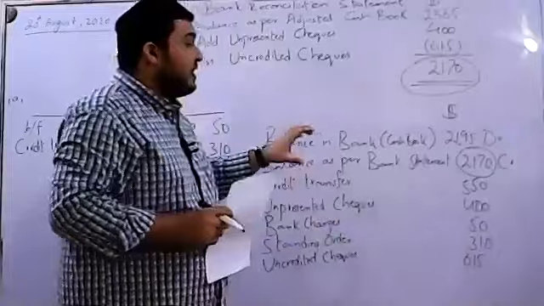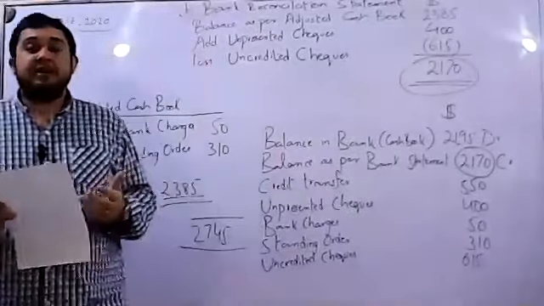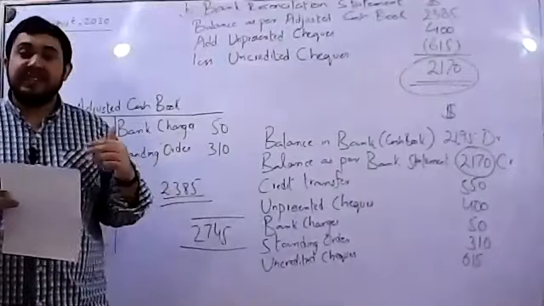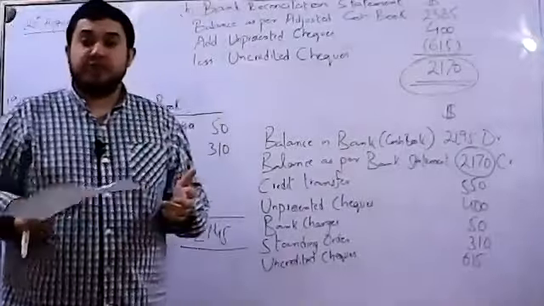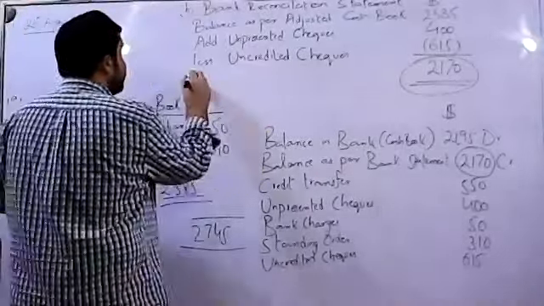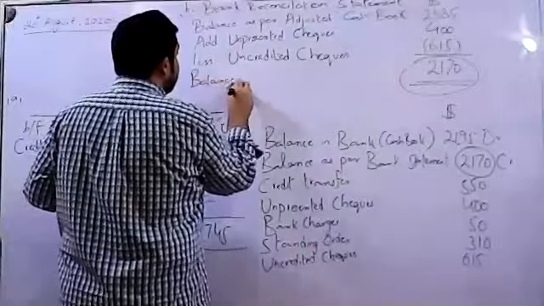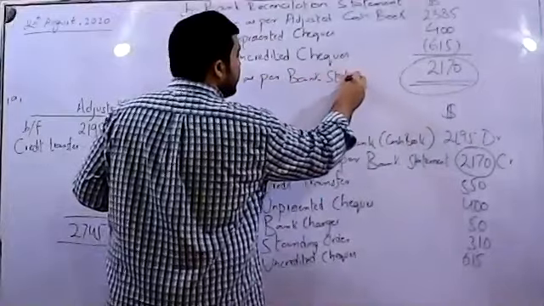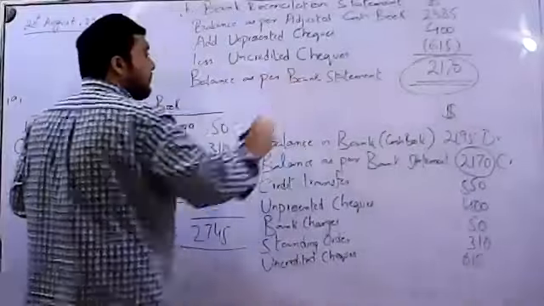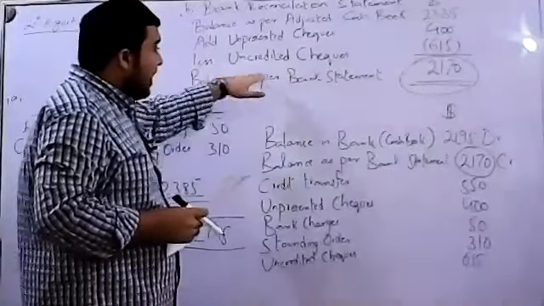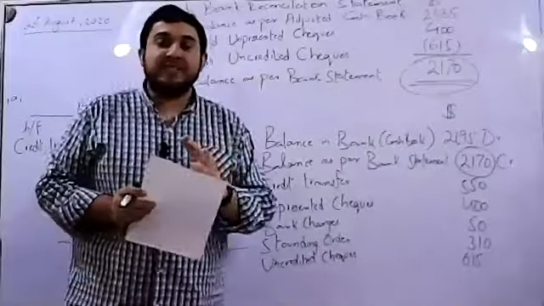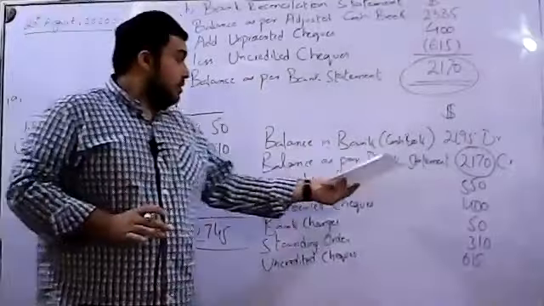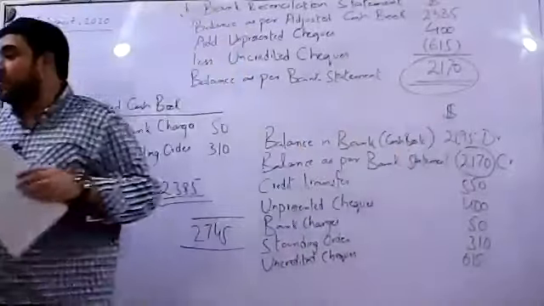So this is one measure through which we can derive whether our working for the complete question is correct. It's either correct or it is not. Your final answer, which is known as the balance as per bank statement, is always given in the question. In the majority of questions, this balance as per bank statement is given. If your answer equals this balance, that means your working is absolutely correct. If it does not equal this amount, that means there is a little problem in your working.